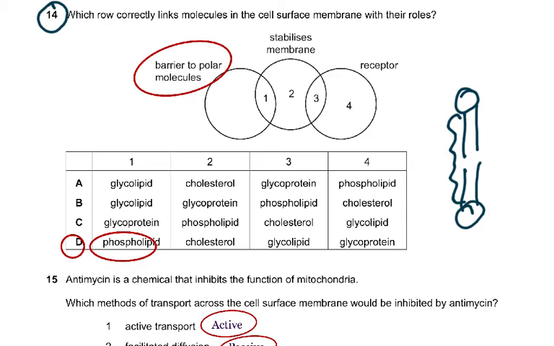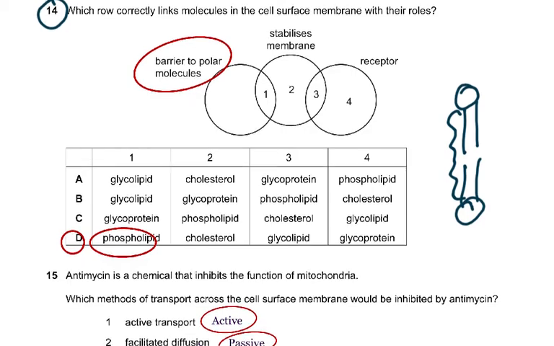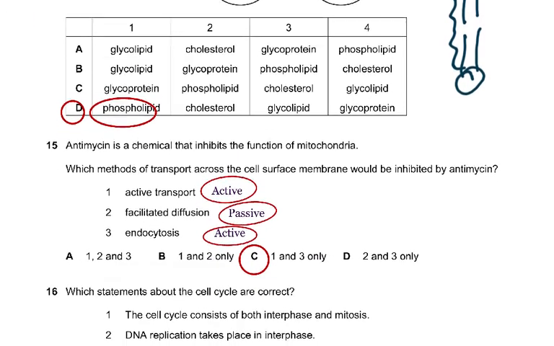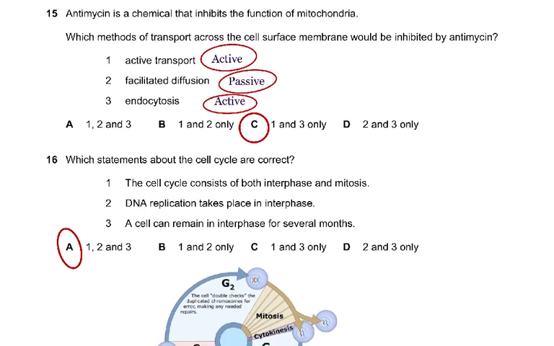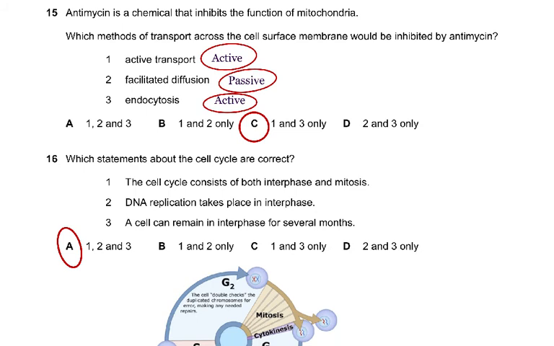So of course the answer is D, and this was something where you had to nearly revise the cell membrane chapter. Then we are on question 15. Antimycin is a chemical that inhibits the function of mitochondria. Which method of transport across the cell membrane would be inhibited